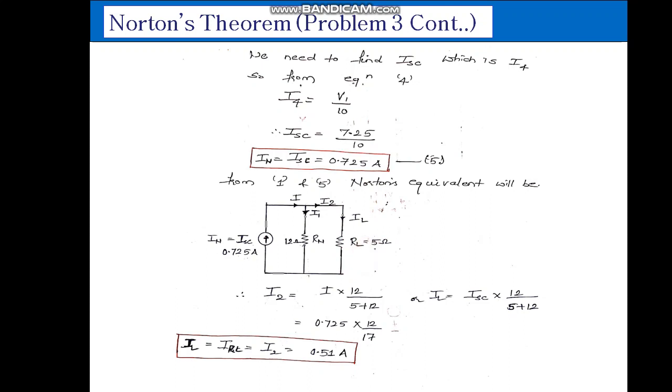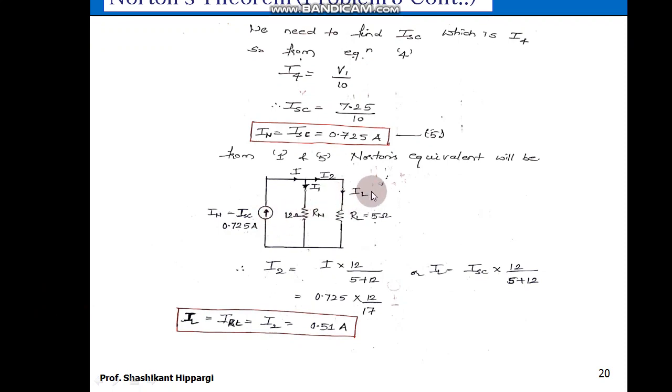So now if I need to calculate IL, again it is a very simple way to calculate IL, because again this is like two resistances in parallel with each other and there is a current which is entering this parallel combination. So if I consider this as a node, then the current I is entering and it is divided into I1 and I2. So the branch current method can be applied, and I am interested in I2 because I need to calculate IL. IL itself is I2. So how to calculate I2?